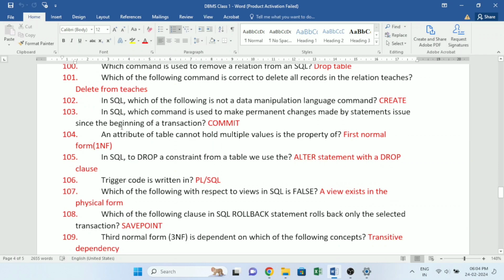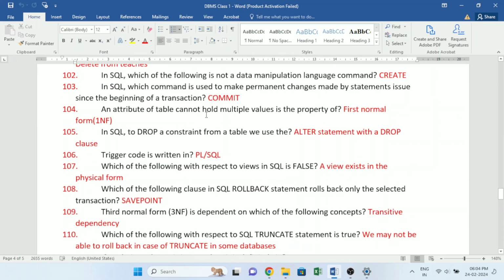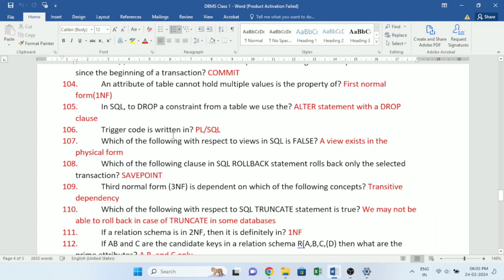In SQL, which of the following is not a data manipulation language command? Create. In SQL, which command is used to make permanent changes made by statements issued since the beginning of a transaction? Commit. An attribute of a table cannot hold multiple values is the property of first normal form, 1NF. In SQL, to drop a constraint from a table we use the alter statement with a drop clause. Trigger code is written in